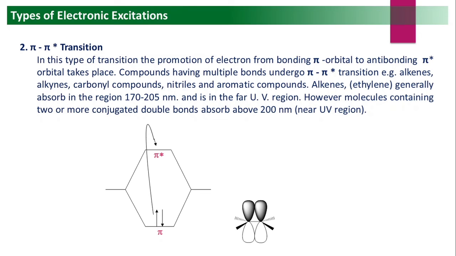So these are the pi bonds and these are the pi bonding electrons. When the p orbitals overlap in parallel, pi bonds form. These electrons are excited to the antibonding, that is the pi antibonding molecular orbital. So this is the transition.